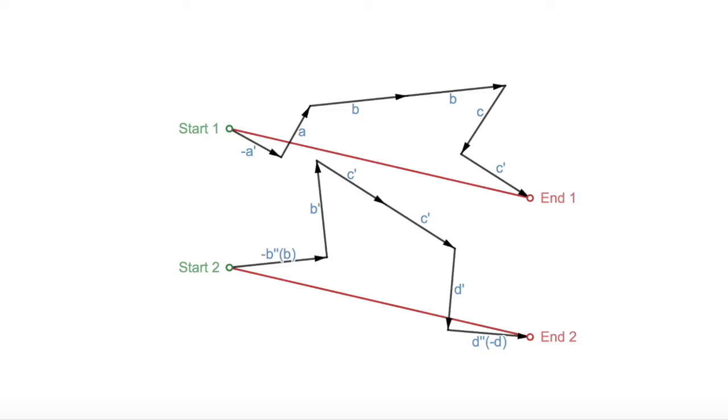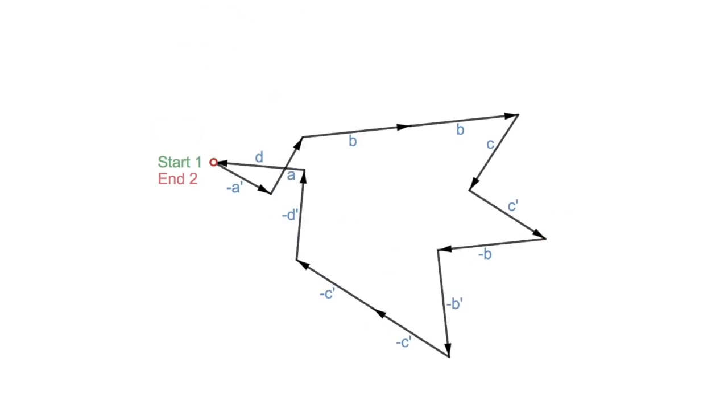So, to prove that these vector sums are equivalent, we can subtract one from the other and see if the result is 0. This means flipping one over, attaching its start to the other one's end, and seeing if we get back to where we started. Notice that each vector of the flipped line is now the inverse of what it was before, so the negative D is now positive, and the others are now negative.